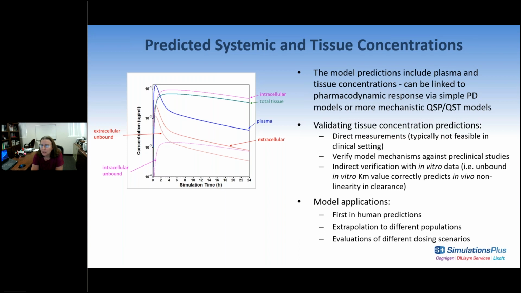Another big area would be exploring different dosing scenarios. Even if you are dealing with a case where maybe the plasma concentration is the most relevant concentration for the pharmacological effect, and you have already clinical data for the plasma concentrations, the models would still be useful, allowing you to start exploring different scenarios. So you don't have to do clinical studies for every single scenario, every single administration type, but you can start predicting what would happen with the different doses, different dosing regimens, and so on.